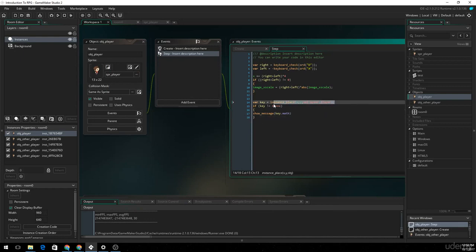Now here is the inefficient way. There's another function, and I'm not going to go into every single one, but these are the most important ones. place_meeting(x, y) will check at the specific x and y value, but just remember, if you did x plus 20,